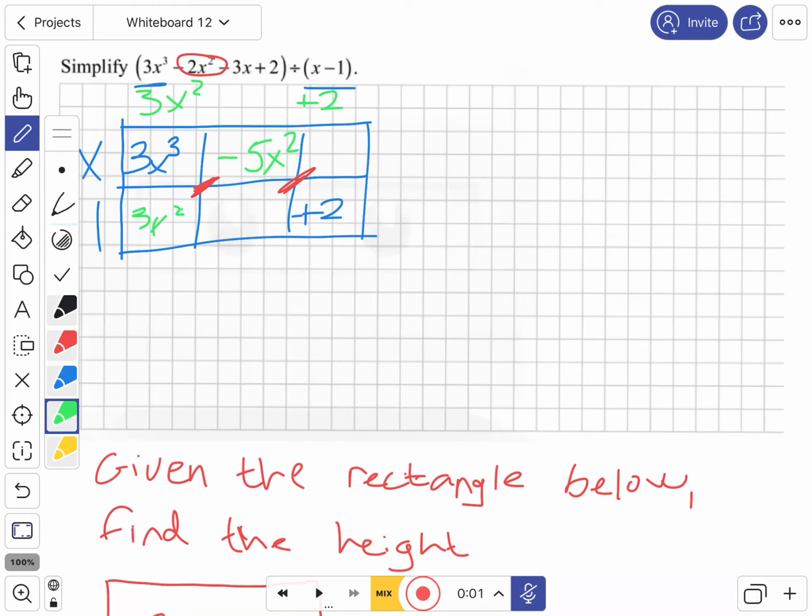The last thing that I need to do here then is I need to find this bit here on the top. And the way that I do that is I say x goes into minus 5x squared. I need a minus, I need a 5, and I need an x. So my answer for this one then is 3x squared minus 5x plus 2. And that's my answer. Okay, if we take a look now at the second question,